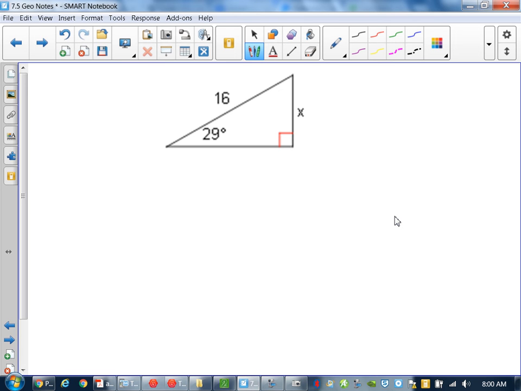Let's look at this. We're not solving anything, are we? I'm not solving it. All I want to do is label. We're not there yet. So, all I want to be able to do as of right now, guys, maybe in the next 10 minutes or so, we'll start to explain which trig function goes with what. But for right now, I just want to do a couple of quick examples about how you locate the parts